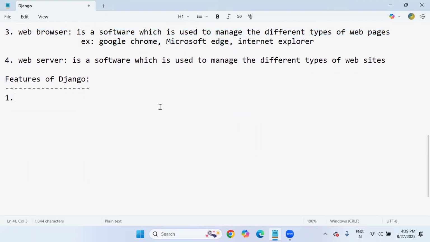The first and foremost feature in Django is rapid development. As I said, Django provides rapid development facilities. Rapid development means a faster rate of development. Django was designed with the intention to make a framework which takes less time to build web applications.